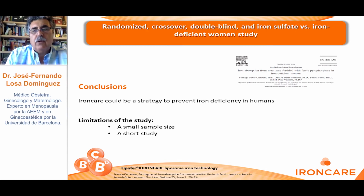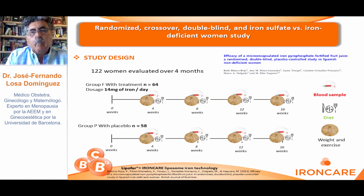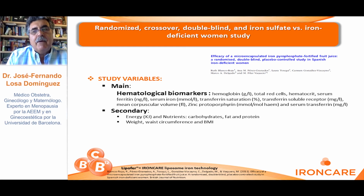Liposomal iron is a good strategy to prevent iron deficiency in humans. This study was a limited study in number of patients and in duration. However, here we have a randomized study with women between 18 and 35 years of age. This was a longer study, and the hemoglobin